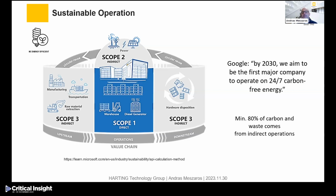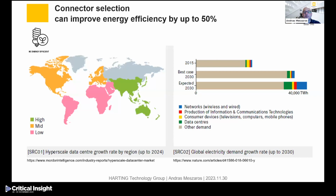So our company, as an OEM, a supplier for data centers, plays into this 80%. That's why it's very important for us to reduce the carbon footprint of our products before they are shipped to any infrastructure. And let me reflect briefly on the previous presentation from Jay. Our company is from Germany. It's a global company, but Germany is one of the countries that started getting companies on board with renewable energies, and this is where our company also takes a lot of interest and consideration. But moving forward,